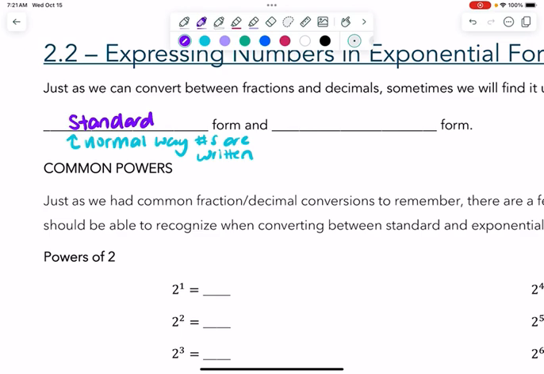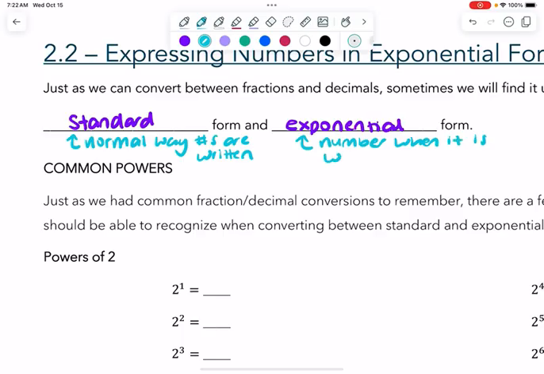The other way we can sometimes represent numbers is in exponential form. And again, the name here kind of makes sense of what it is. Exponential form is a number when it is written as a power. That means I can write it with a base and an exponent. So like 3 is the standard way of writing a number, but 3 to the power of 1 is an exponential form of writing that. 4 is the standard way of writing a number, but 2 to the power of 2 is an exponential way